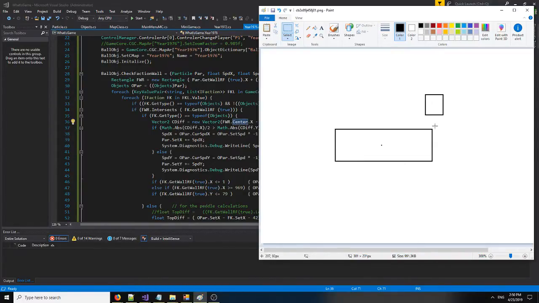You can imagine that it shrinks this and it becomes a square. So the differences of horizontal